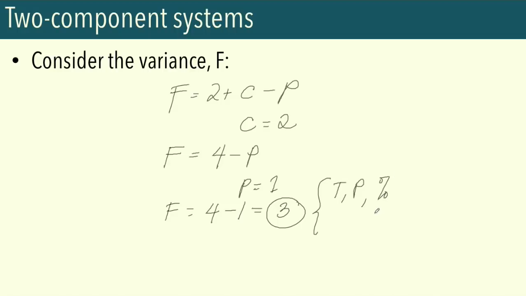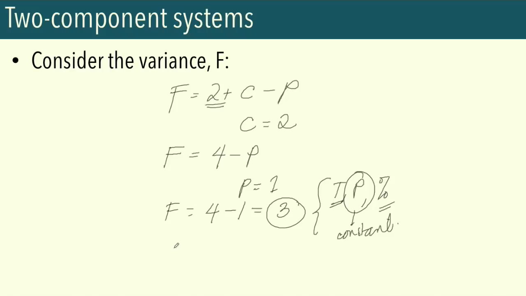In most cases of condensed phase equilibria, however, we don't really see significant changes in pressure, so typically we just consider variations in temperature and composition. So typically we set pressure conditions as constant. If we have constant pressure conditions, we could treat one of the variables here in the two-part